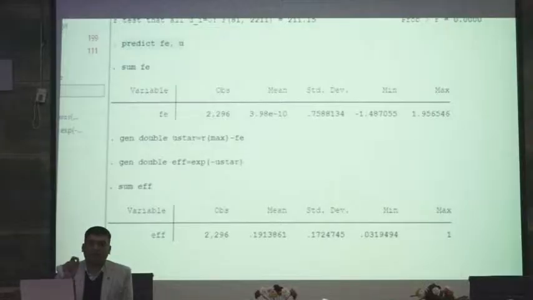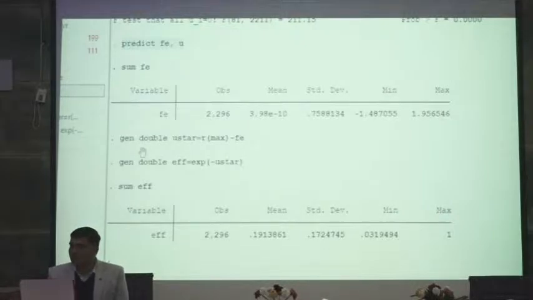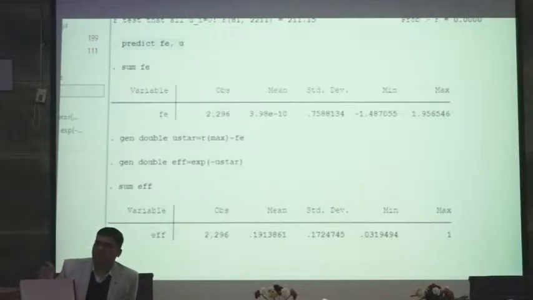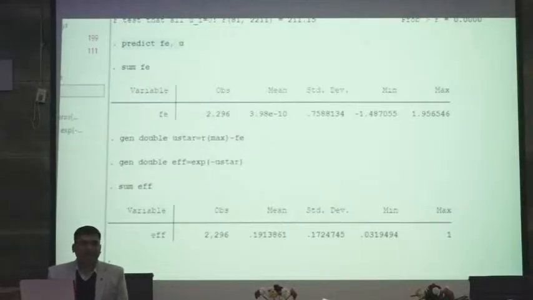So this double command is used for more accuracy of the values. Okay, so the decimal place is up to 16, and then this is the formula for efficiency,